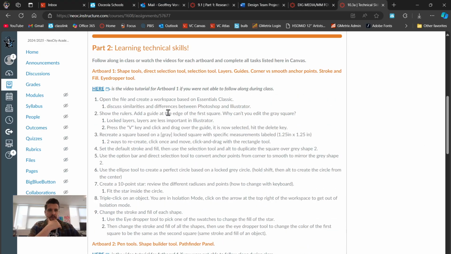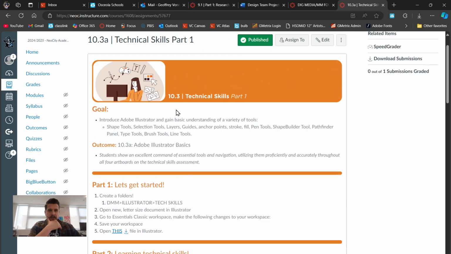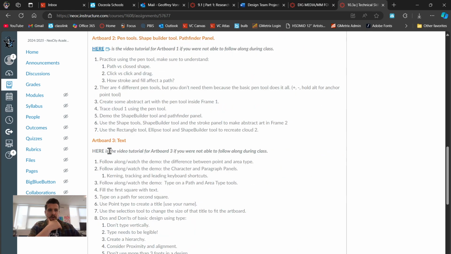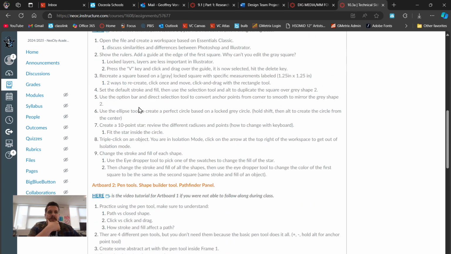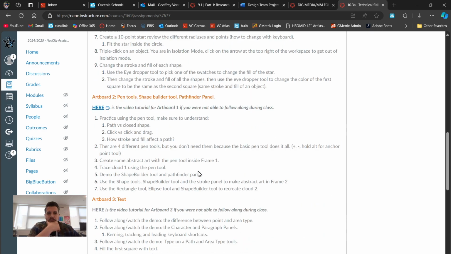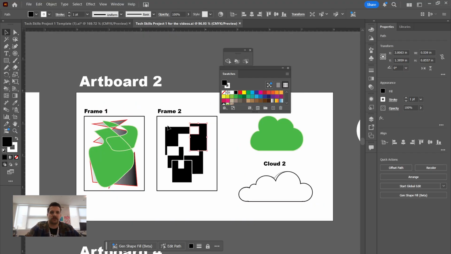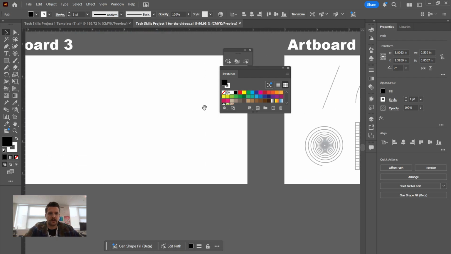Hello everyone, I'm here on page 10.3a, Technical Skills Part 1. We're going to be going over Artboard 3 and all the type tools. And there's a lot of crossover from Photoshop, so this should be a little bit easier than Artboard 1 and 2. Okay, so I'm going to start over here, and I'm going to hold the spacebar, slide over to Artboard 3,